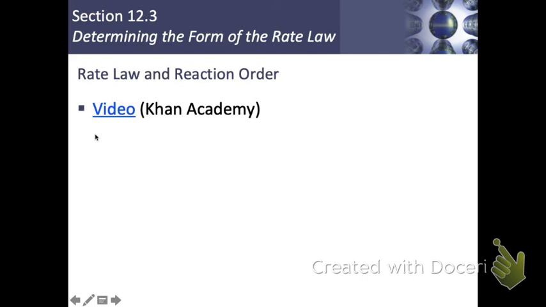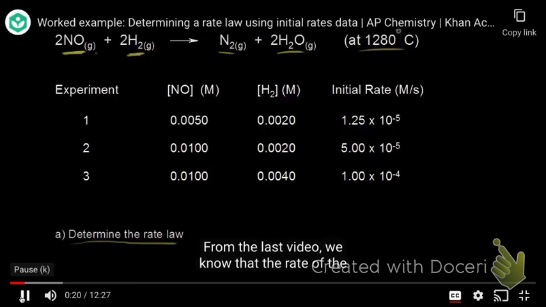Concentration of nitric oxide to some power x. Now we don't know what x is yet. We also know the rate of the reaction is proportional to the concentration of our other reactant, which is hydrogen. So we put hydrogen in here, but we don't know what the